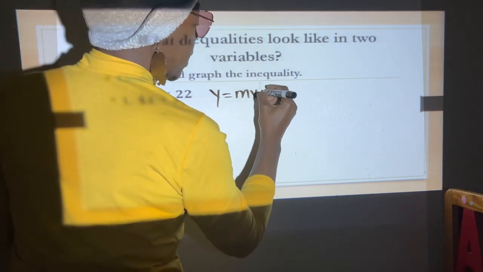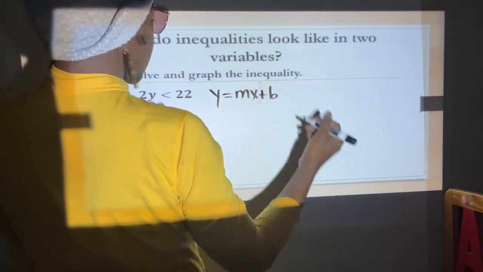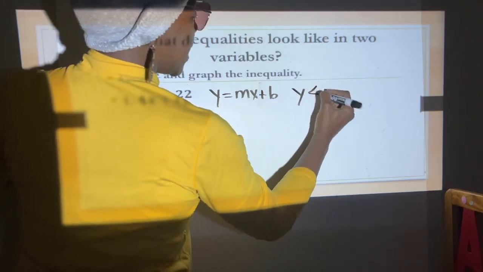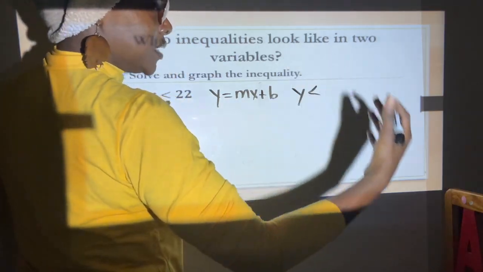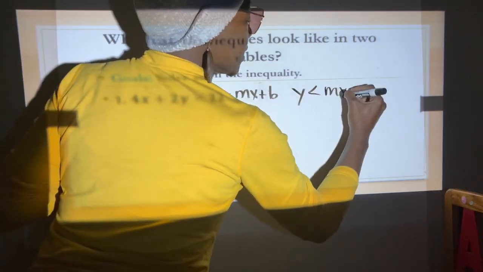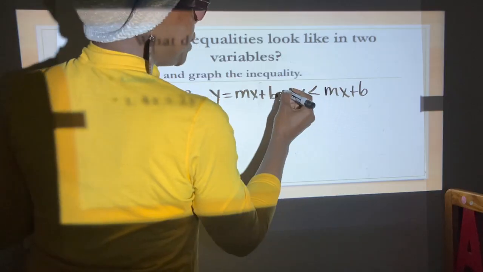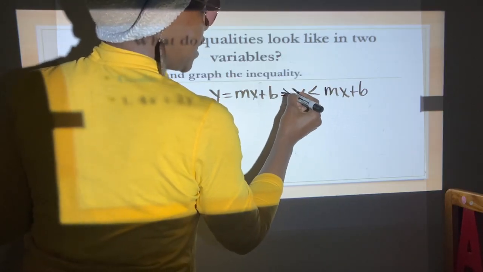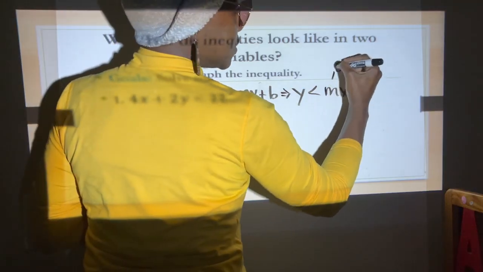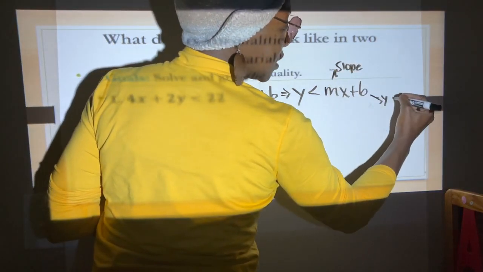Now, is it an inequality? If it is, then we're going to do y, and it's either going to be less than, greater than, less than or equal to, or greater than or equal to, depending on what our problem is calling for, mx plus b. What we need to do is graph the line. We need to determine the slope of the line and the y-intercept